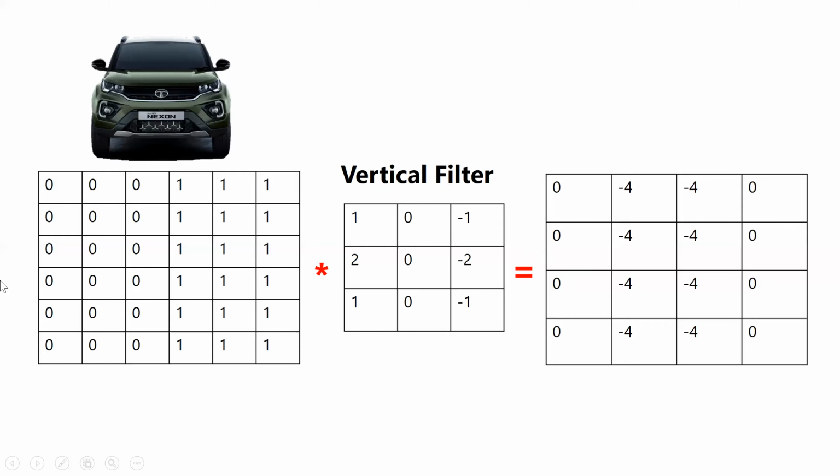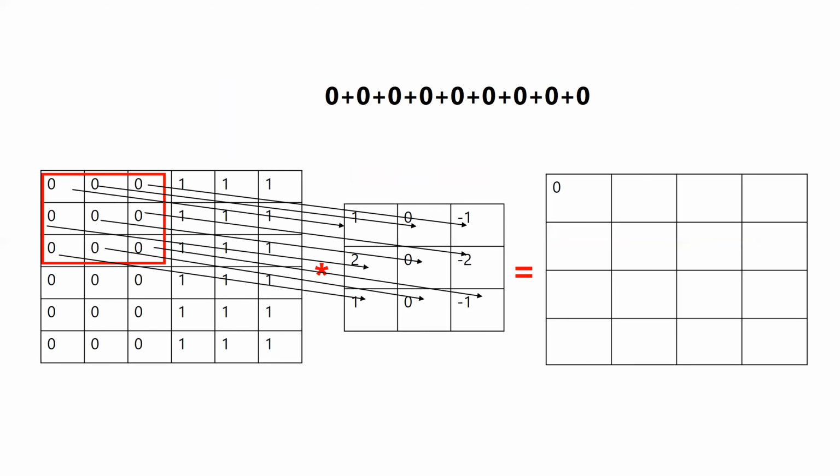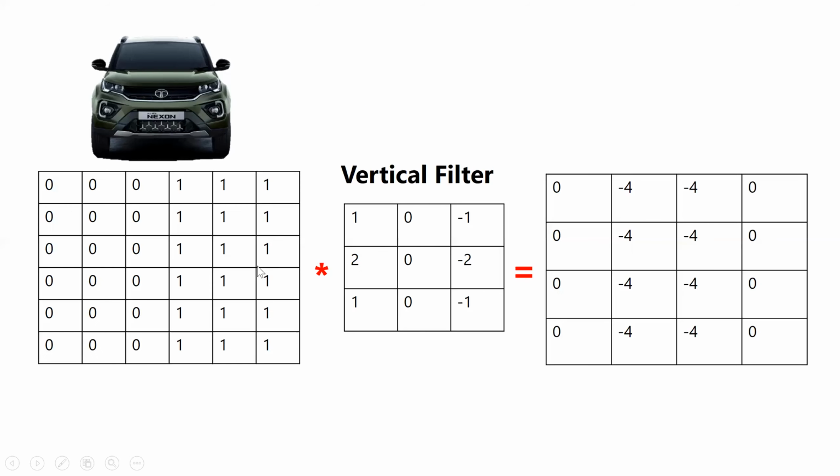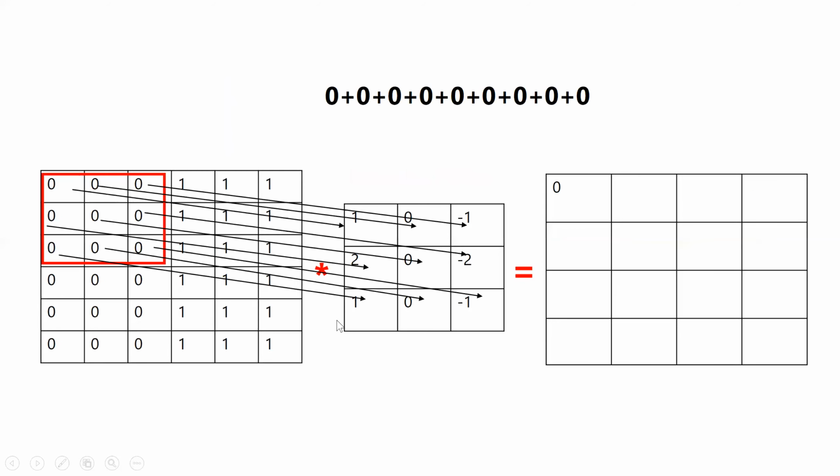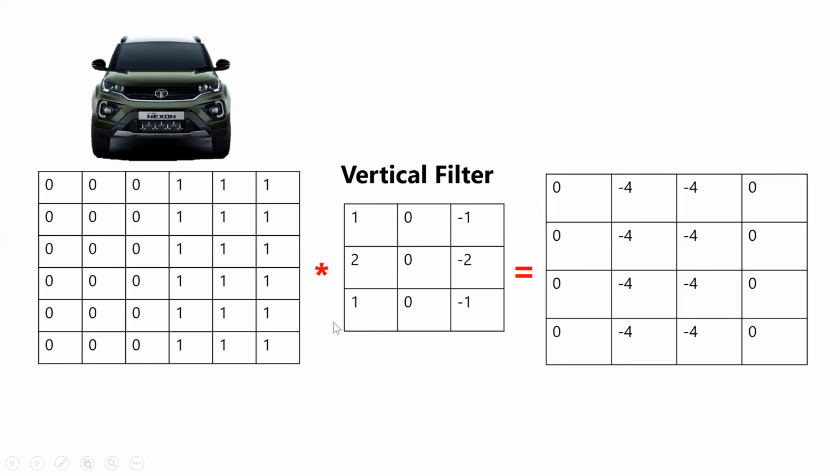It's nothing but we will have our input image, and we will multiply our data with a filter, and we will get some value. This is completely a theoretical session. Don't get confused, we will see this in practical as well. So now the same data we have over here. Now let me explain how this particular table gets derived.